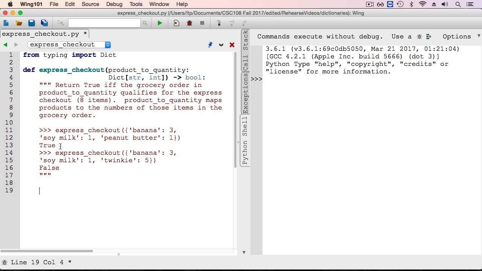Now we'll implement the code in much the same way that we worked through the examples. We're going to look at each value in the dictionary and keep track of the total quantity of all the products, and then at the end we'll check to see whether that number is less than or equal to 8. So I'm going to make an accumulator variable that I'm going to name total quantity, and it will initially refer to 0. And then let's write a for loop over each of the keys in the dictionary. So for product in the product to quantity dictionary,